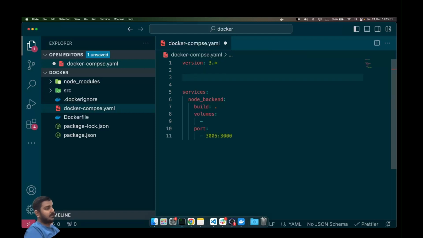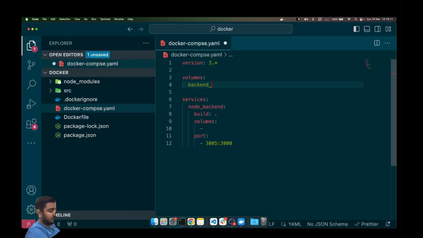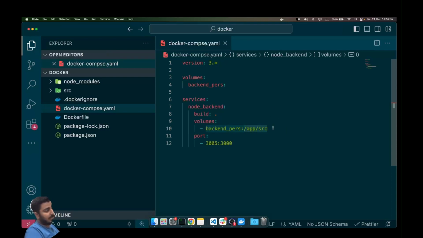A named volume means you just create a volume and provide a name, let's say backend-per, and that's all. Now you bind it to app/src. So whatever changes happen here, it is going to save a copy here as well. And if this container is deleted somehow,